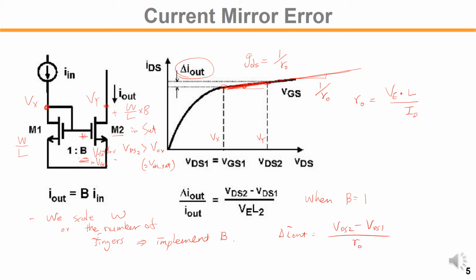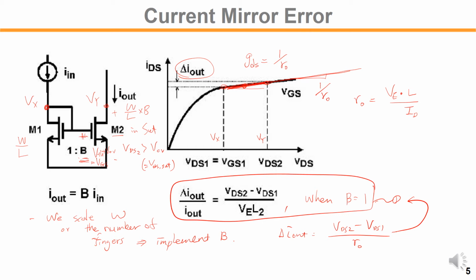That would give us this first equation. This whole equation, right? So the RO, we plug that in. Let's say this is 1 and this is 2,